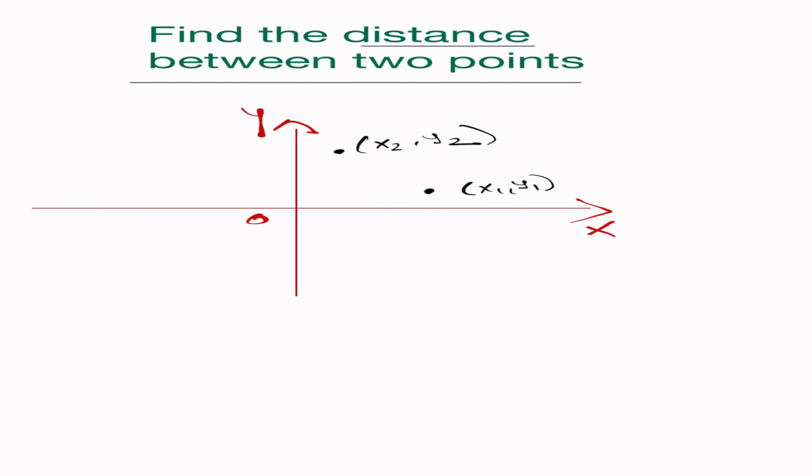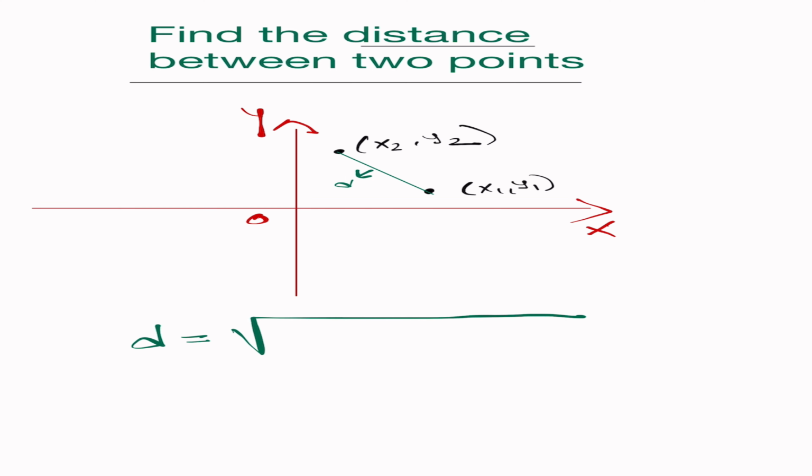Now the distance of these 2 points is this line between them, right? But how do you find out this line? So this line is just simply